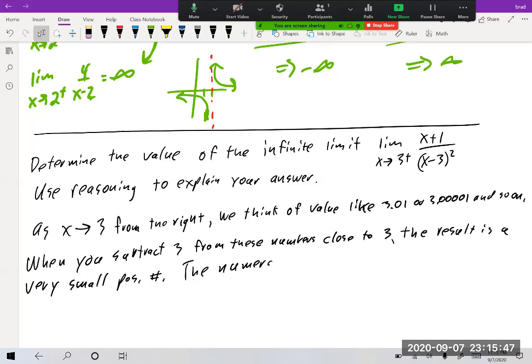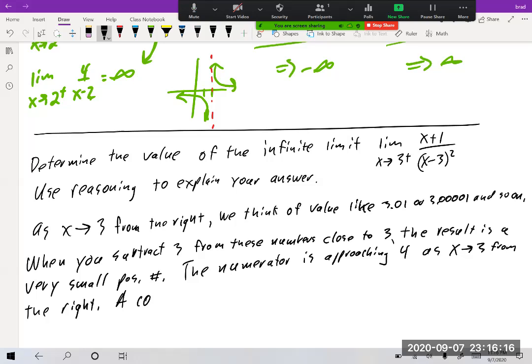The numerator is approaching 4 as x approaches 3 from the right. Right? Because you have 3.01, 3.00001, and then you're going to add 1 to that. So you're going to be thinking about getting close to 4 in your numerator. So a constant,